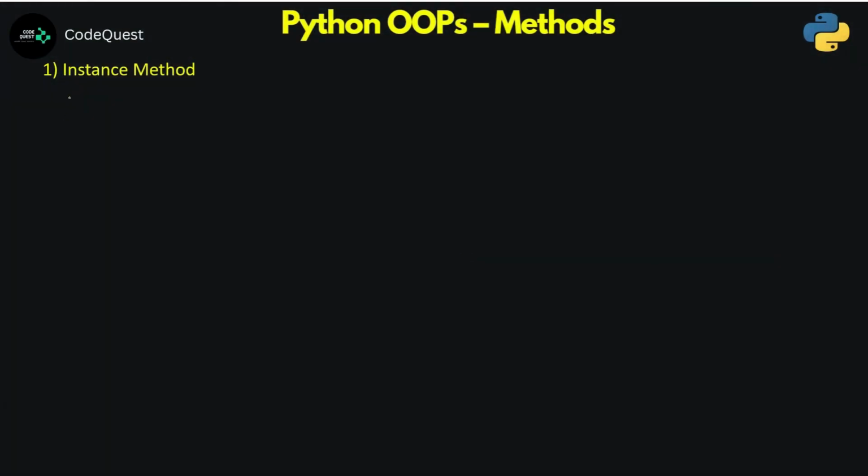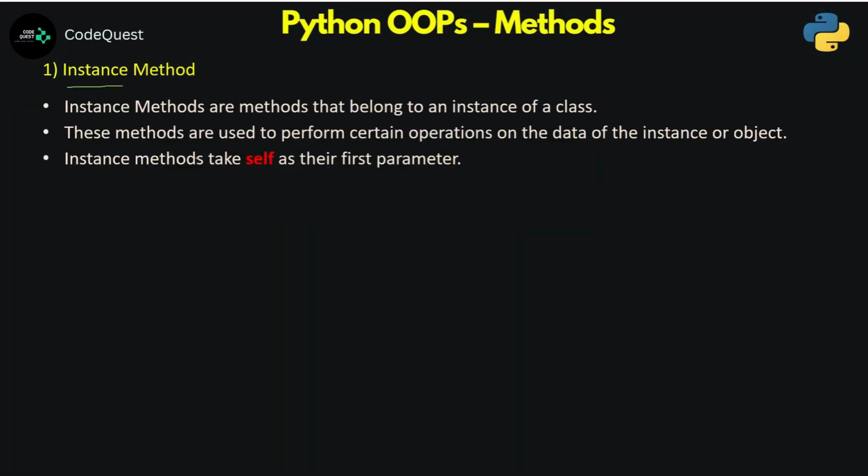Instance method, as the name itself indicates, is a method that particularly belongs to an instance or object of a class. As we know, we can create one or more objects of a class. Each object can be related with a method in the form of an instance method. Now, these methods, obviously, the objects will take them and use for any kind of changes to be made